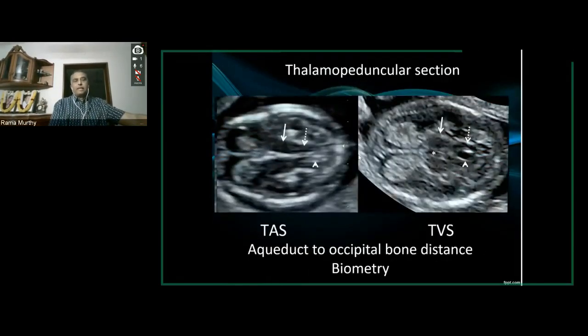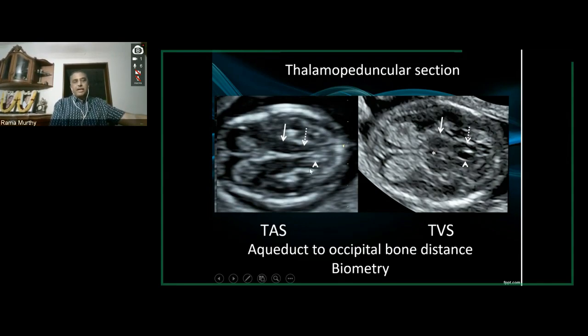Now we move on to the thalamo-peduncular section, which is a section which passes through the thalami, as you see here, and the cerebral peduncles, as you see here. The thalami are much broader. The cerebral peduncles are much narrower. You can see them very well over here. And of course, you see a bit of the frontal horns with the choroid plexuses, which are extending almost up to that point onto this side of the image. So this is the classical